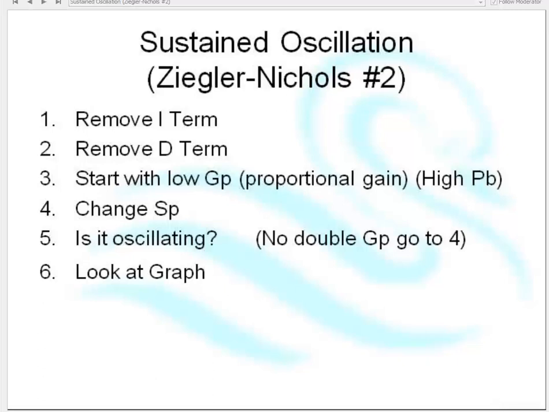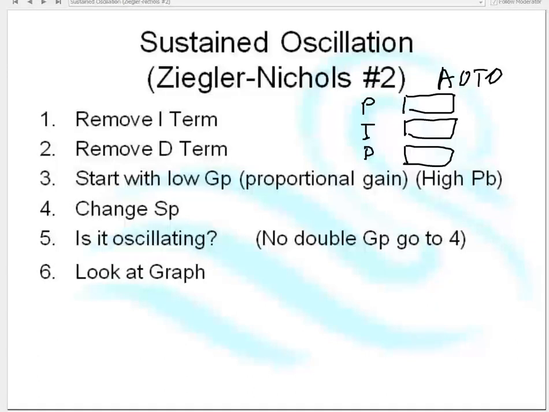Now, the third method of tuning, Ziegler-Nichols method number 2. For this, you put it in auto. So this is an auto tuning method. So you stick the loop in auto. You've got the P term, the I term, and the D term. You stick 3 boxes. You stick a 0 in the P, you stick a 0 in the I, and you stick a 0 in the D. And then you start increasing the P. You increase the P, and you increase the P, and you increase the P until you get stacks